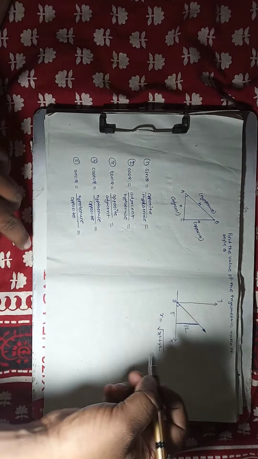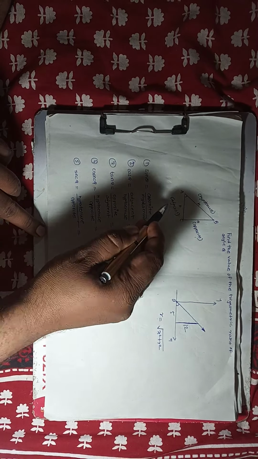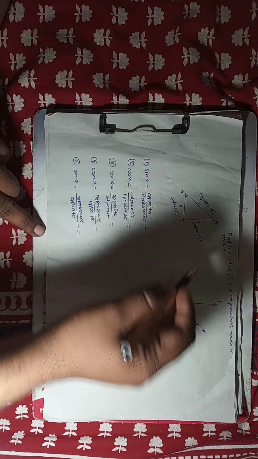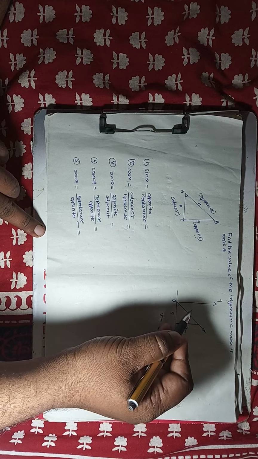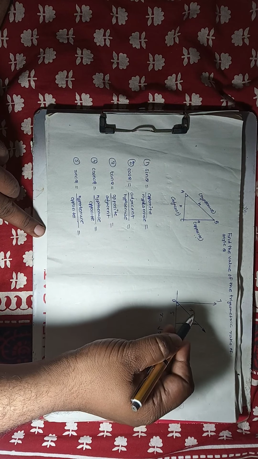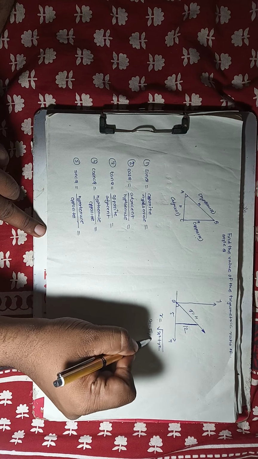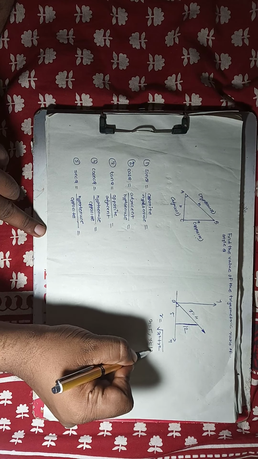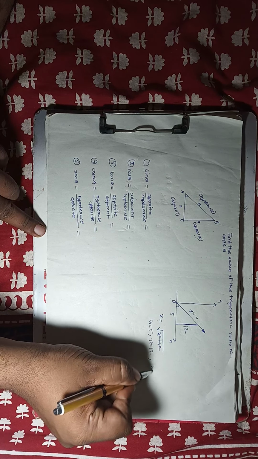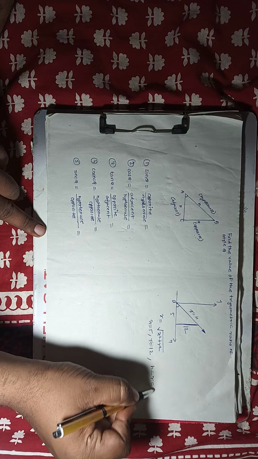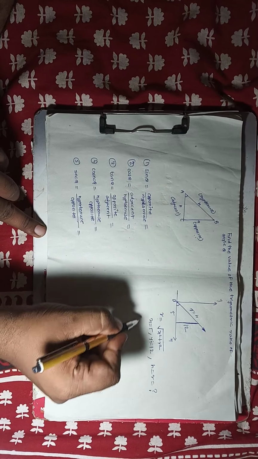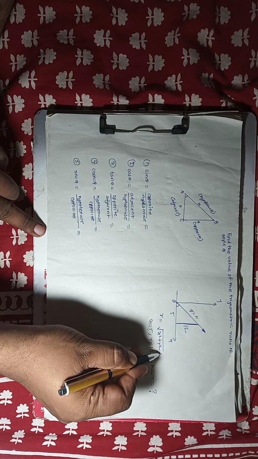So in this case I have two parameters, that is adjacent side value and opposite side value. First I have to calculate this hypotenuse value, that is called R or H. So here x is equal to 5, y is equal to 12. I want to search here H or R value. So put these two values in this equation.